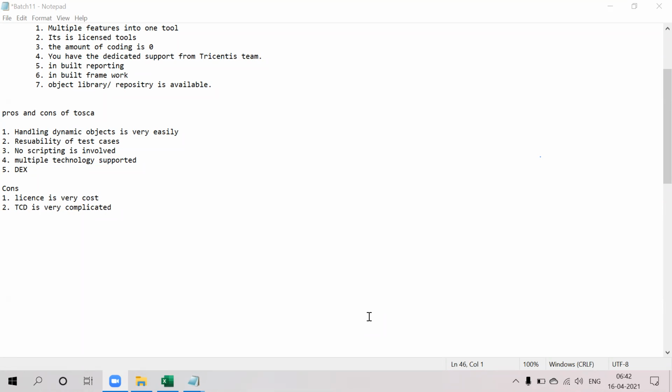For manual testing, basically you require creation of strong test design documents. Also you will have frequent communication within the testing team and with the developers.